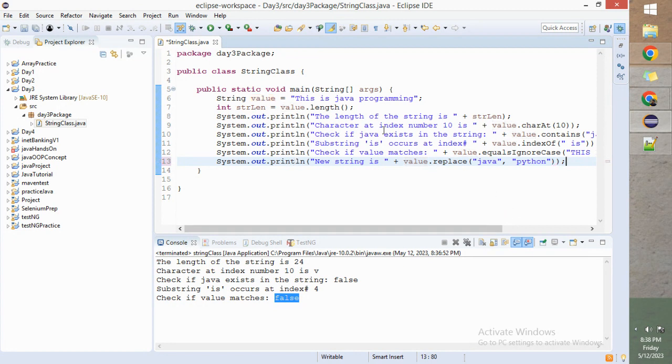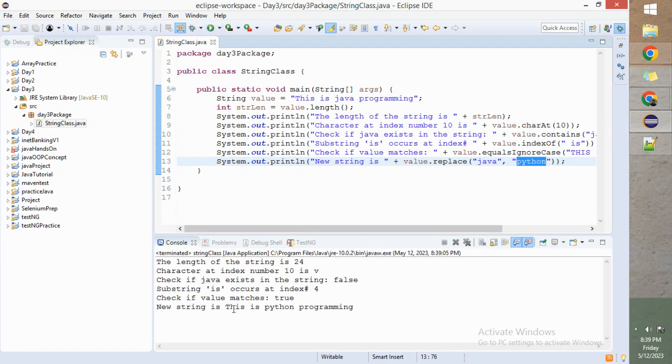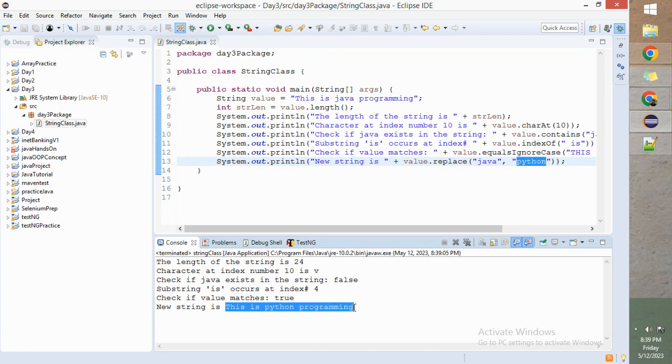Right. So now, what do you expect the output to be? It is first going to check whether this substring exists in the first place or not. If it exists, okay, it is going to replace it with Python. So now if I execute this, what is the output? This is Python programming,